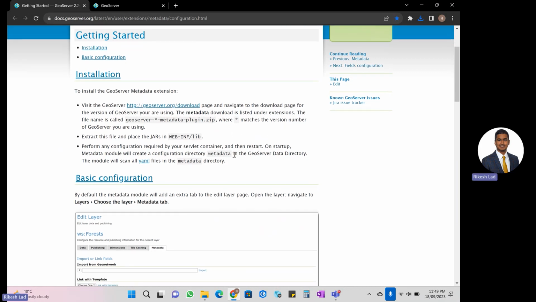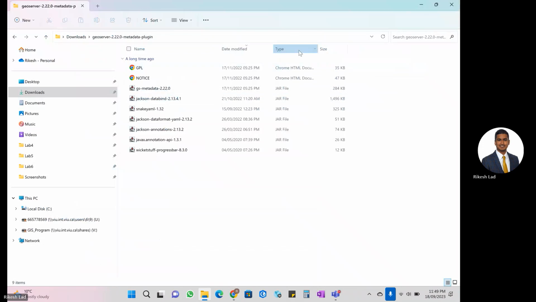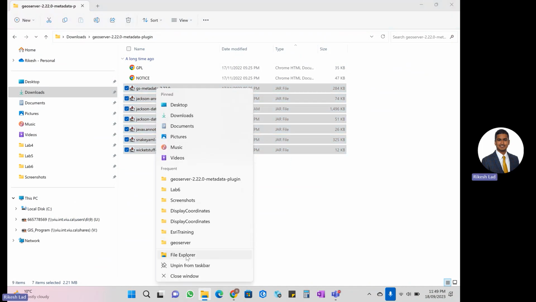The next step is we need to copy all the jar files and then paste them into this library folder here. So let's head into this and sort by type. We're only interested in these. And then in a separate folder,